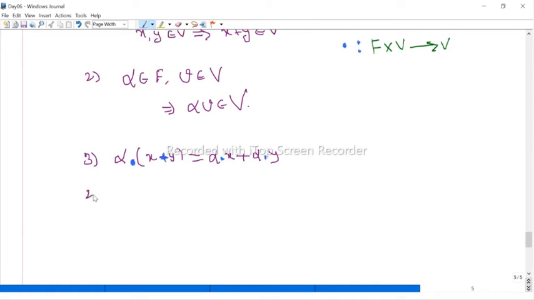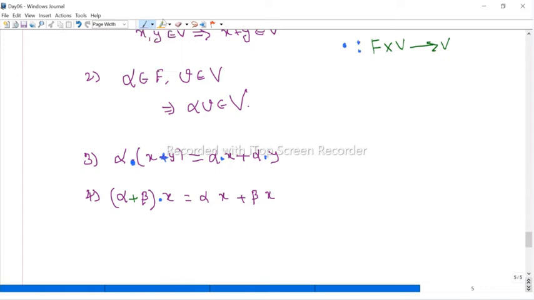So if you differentiate this, alpha times the sum equals alpha x plus alpha y. Suppose, for the fourth property, alpha plus beta times x. So what I'm saying is that here the alpha plus beta is a scalar plus. Suppose we are adding two scalars, alpha and beta, and this is x. So we have to multiply with, which color? Green, because one is a scalar and one is a vector, so it is scalar multiplication. This is equal to again alpha times x plus beta times x.